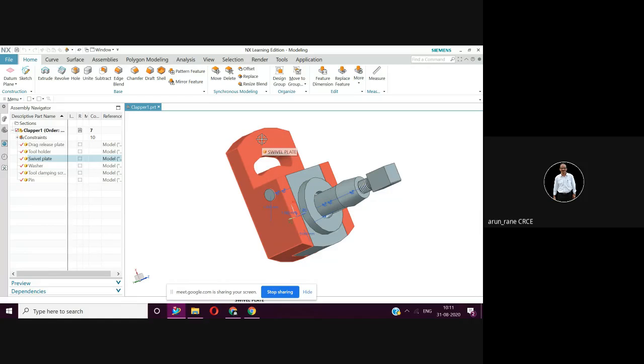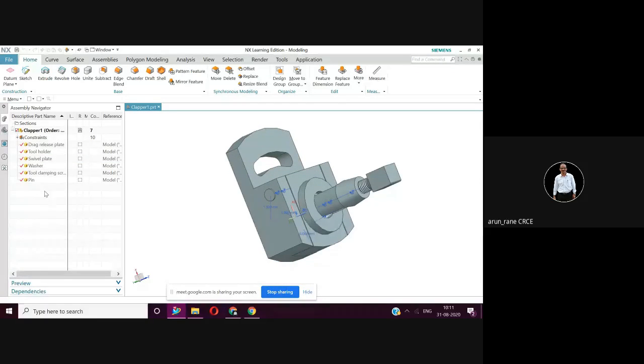This part is the fuel plate. If you rest your mouse on it, the name will pop up: fuel plate. And you have the assembly navigator here on the left hand side.